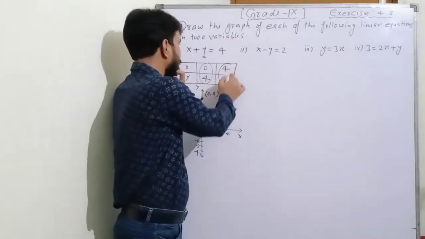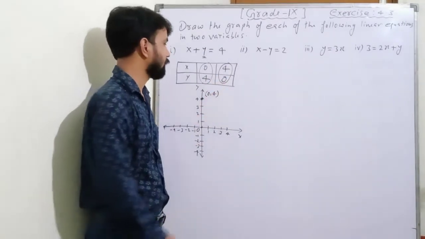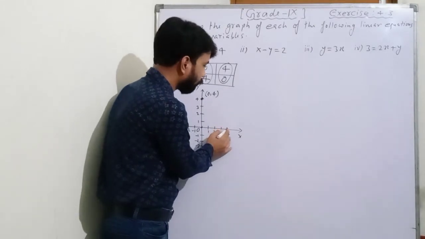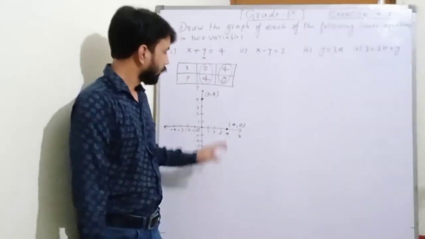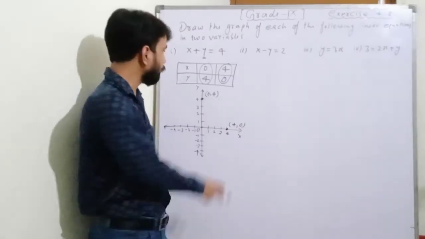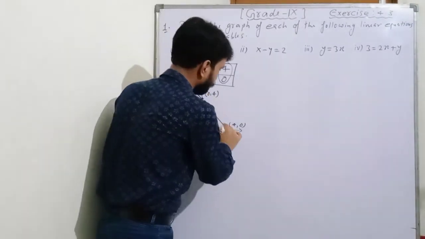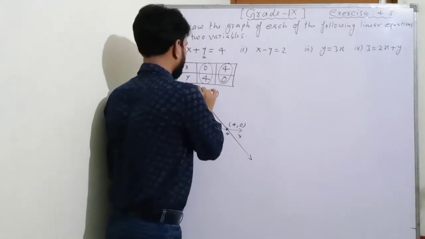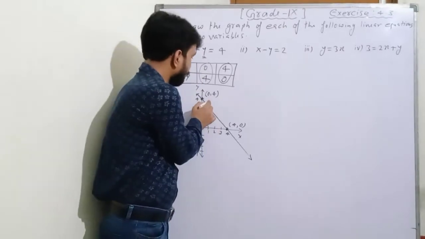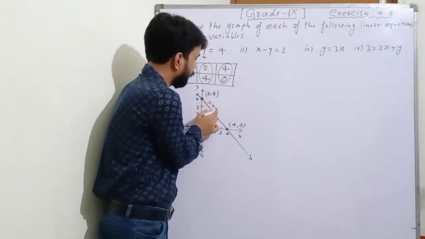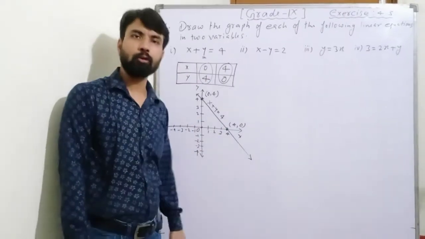Second point is x is 4 and y is 0. So here ordinate is 0, so this point will lie on the x-axis. So its coordinate will be (4, 0). Now we will mark these 2 points and join them with the help of a scale. Like this. On this line, we will write the linear equation that is given, x plus y equals 4. So beta, this is the graph for this linear equation in two variables.